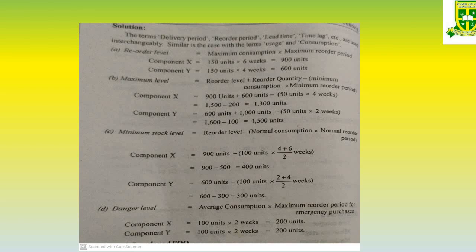So these are the stock levels which have to be looked at for materials, so that there will be smooth operation in the business. Just apply the formula whichever is given in the question. I have given 3 questions. You can try them as a homework sum, so that it will be easy for you.